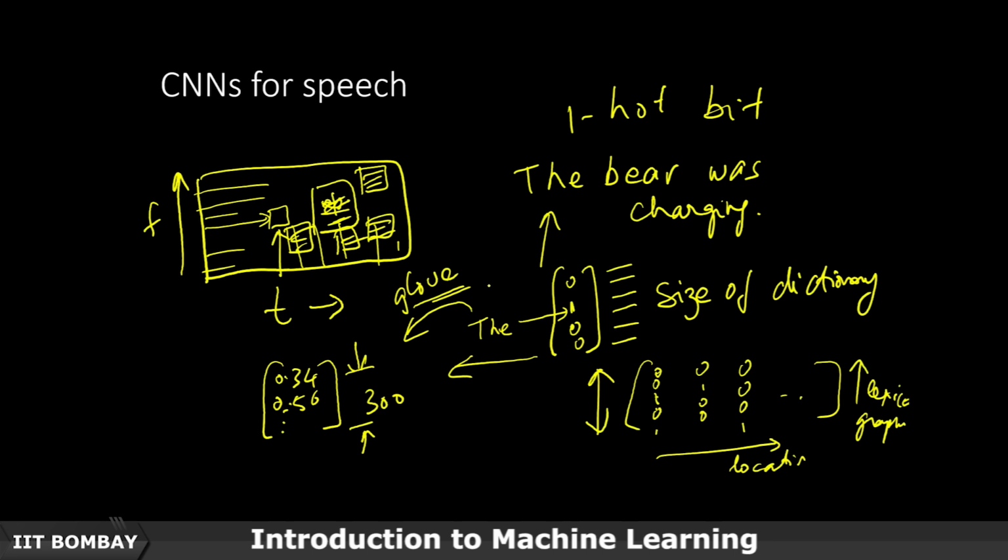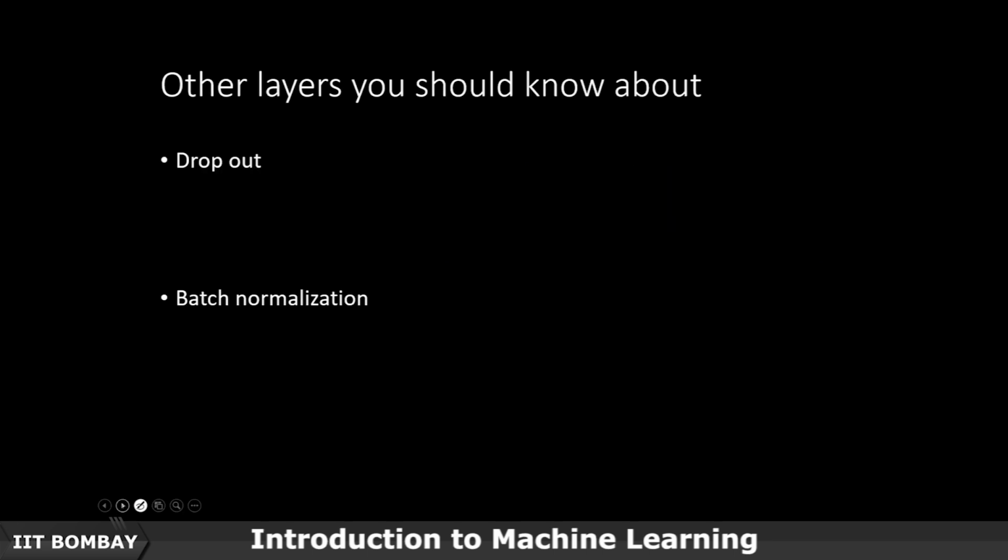So videos will require a 3-dimensional CNN and so forth. The other layers that you should know about, which are beyond the scope of this course, are dropout layer and batch normalization layers. These are layers that help train very deep neural networks by getting them sort of unstuck